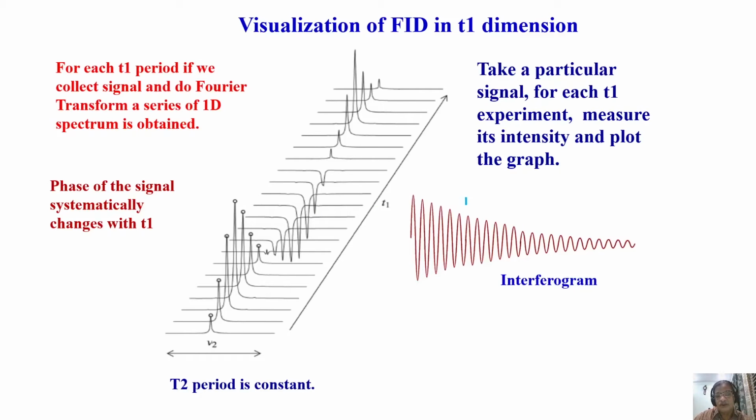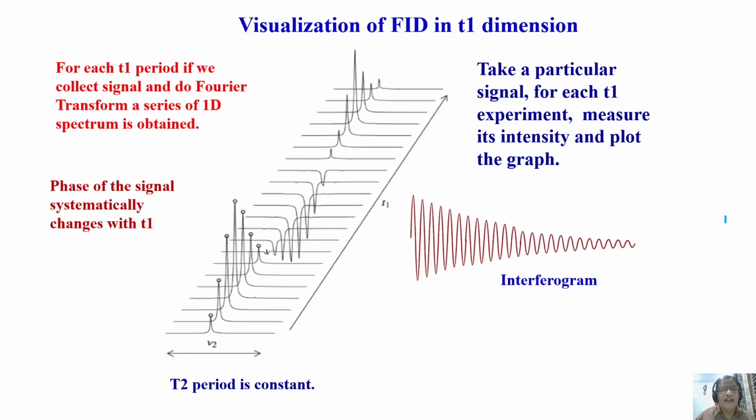So in this, finally, if you have many such frequencies in the T1 dimension, you also have an interferogram, exactly like this. I took an example for only a single frequency, how it is varying, to show it is an oscillatory function, and also it is a decaying function like this. It is a decaying FID. Damped oscillations are there for one frequency. If you have n number of frequencies, n number of peaks present, you have an interferogram like this. And that is what happens in the 2D data acquisition.